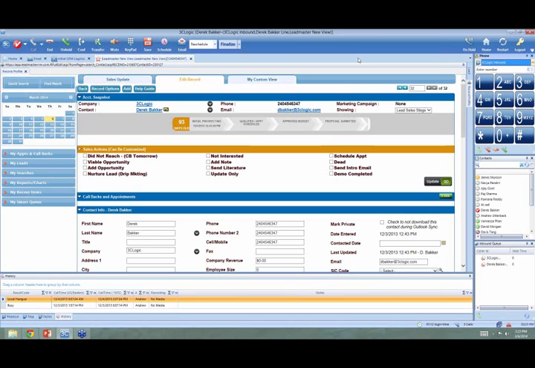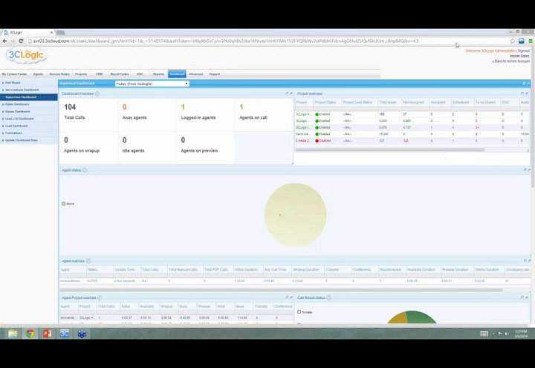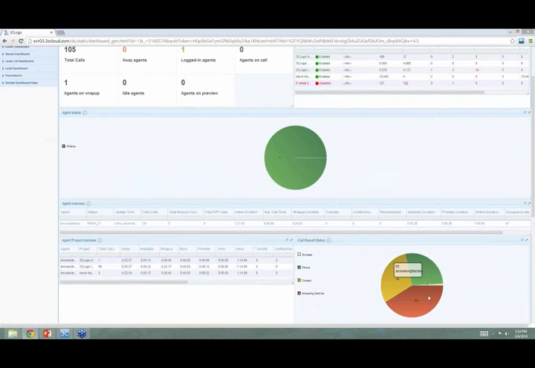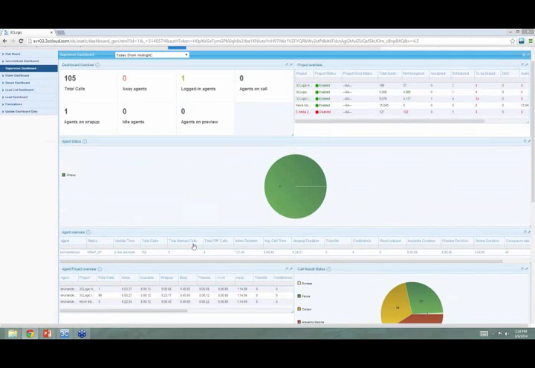I'm going to hold off on questions in regards to the agent interface right now. I'm just going to hop over to the administrative interface. The admin interface is able to be accessed through any web browser. One of the most popular features of the administrative browser is the live dashboard. We give you 8 live dashboards, everything from your supervisor dashboard where you can see how many calls, who's calling, what the average times are, what the dispositions are, total calls,